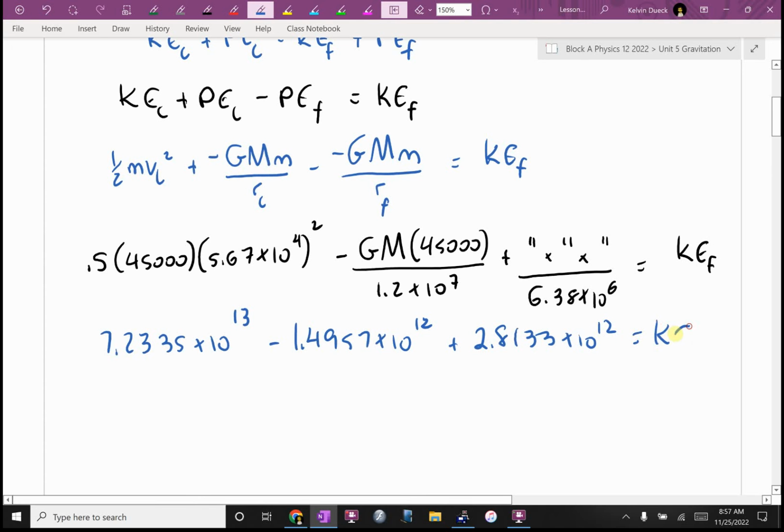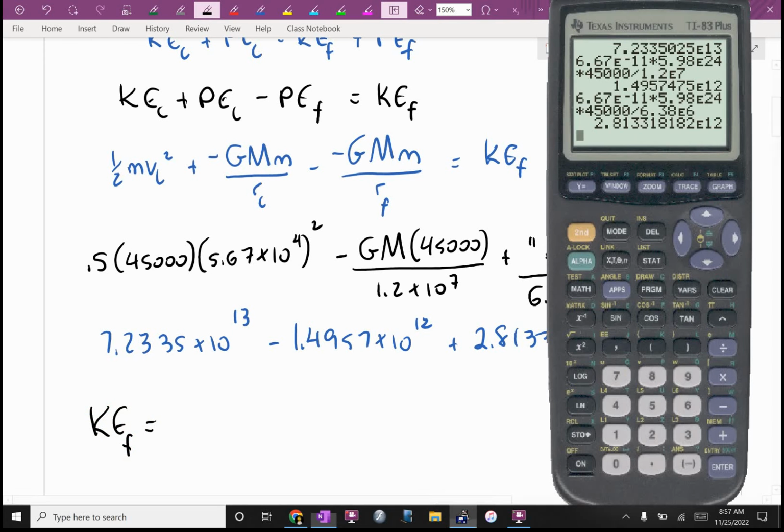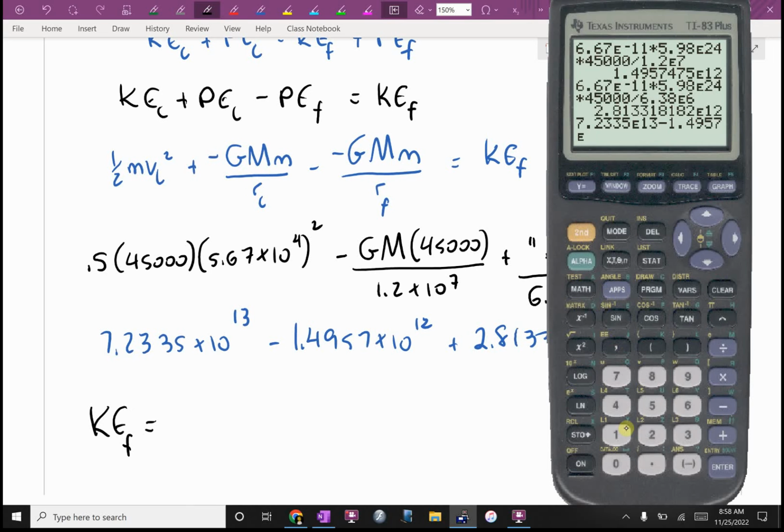That's going to be my final kinetic energy. So, the final kinetic energy is going to be 7.2335, scientific notation button 13, take away 1.4957, scientific notation button 12, plus, answer button. I can do that at least. And we have,